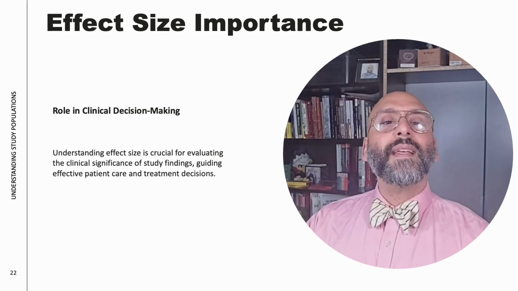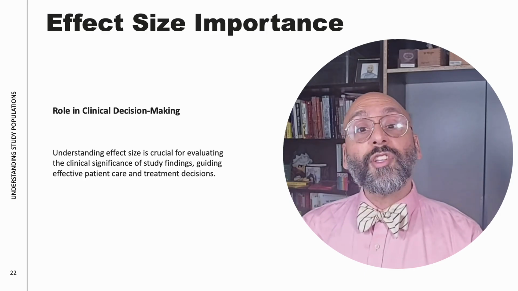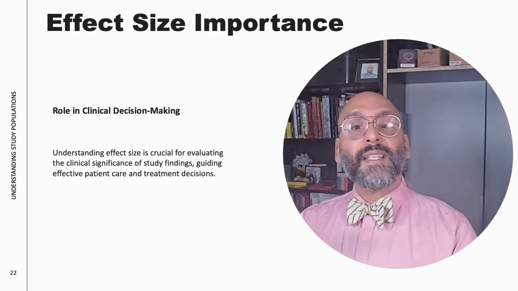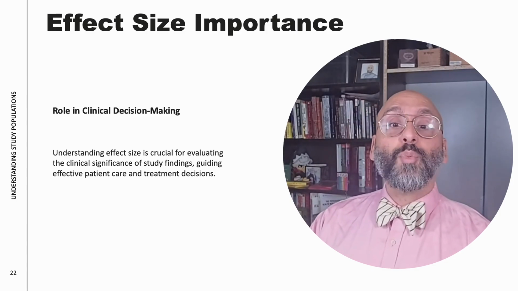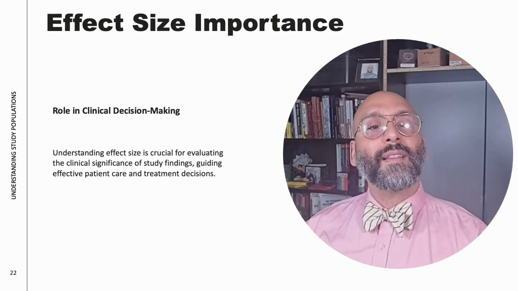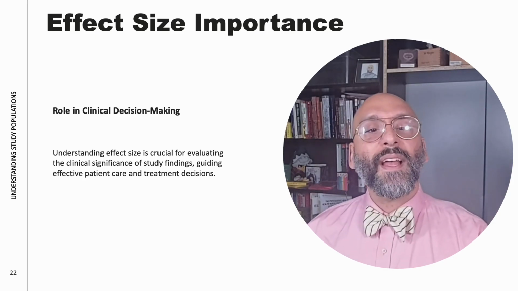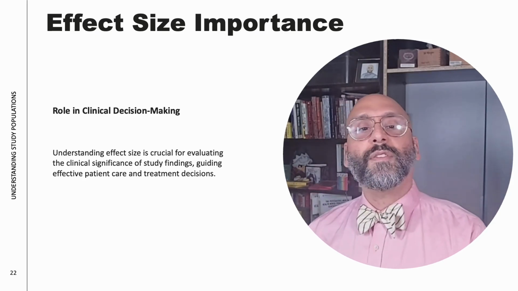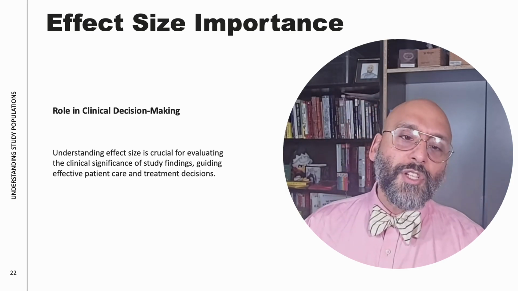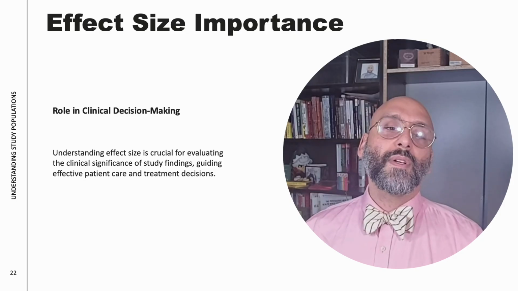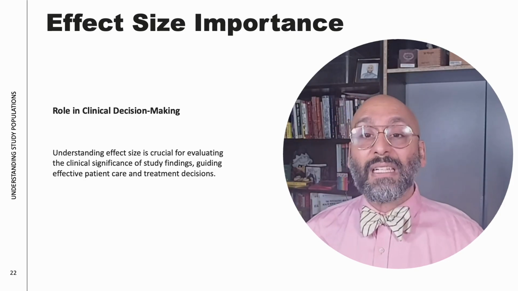When explaining treatment to patients, this framing will shift. We're not saying this medication works. We are saying, on average, this medication produces a small, moderate, or large improvement, and here's what that usually looks like in real life. So clinically, you want to integrate effect size, confidence interval, and patient context. Don't anchor your decision on the p-value alone. Effect size is where research evidence meets your clinical judgment.